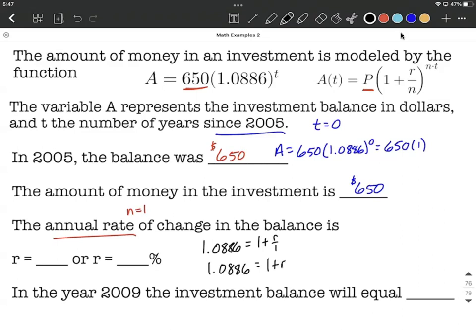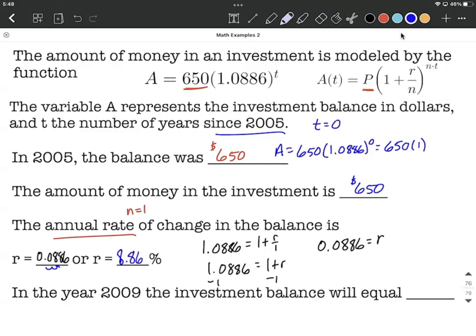We have an equation. We want to be able to solve for r. So we'll simply subtract 1 from both sides and get 0.0886 is r, and r represents the rate in this formula. So r is 0.0886, or as a percentage, what we would do to get to a percentage is go 2 decimal places to the right to go from decimal to percent. So equivalently as a percent, that is going to be